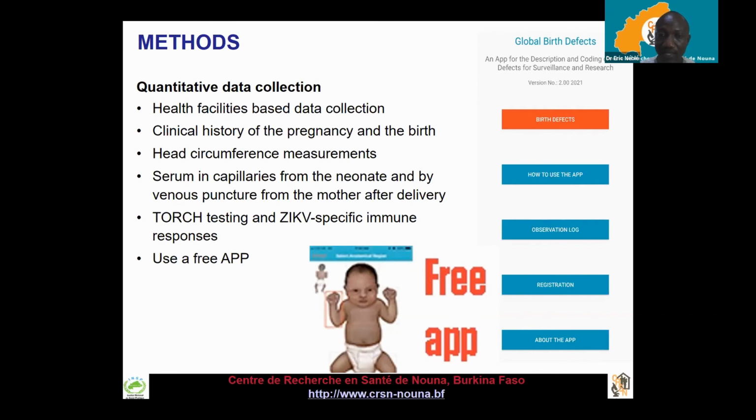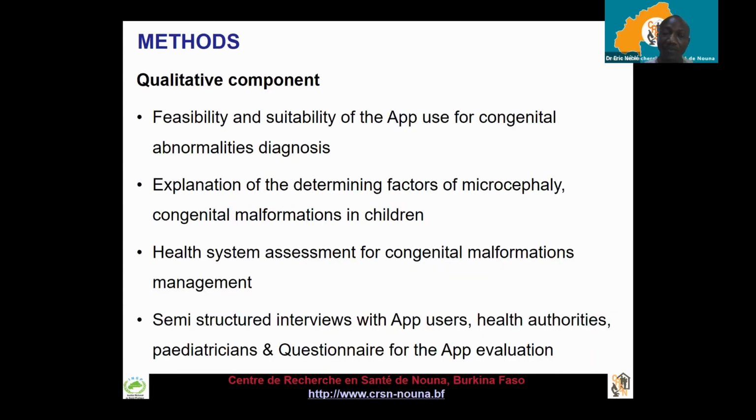And we'll screen, as I said, TORCH. We are going to use a free app, which most of you already know, the Global Birth Defect app, which is a decision support, diagnostic support tool in the field. For the qualitative component, we have a feasibility and suitability assessment of this app for congenital abnormality